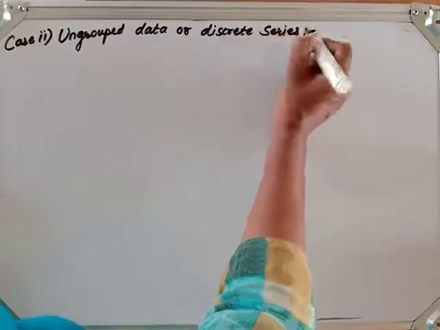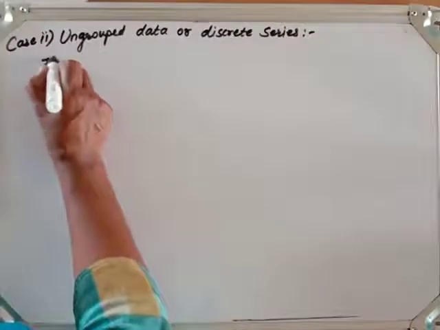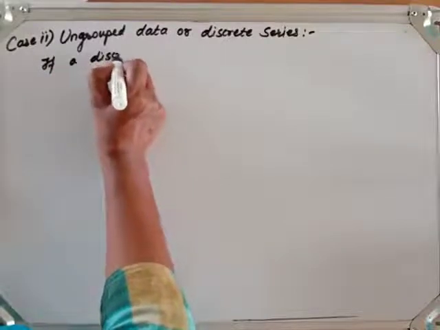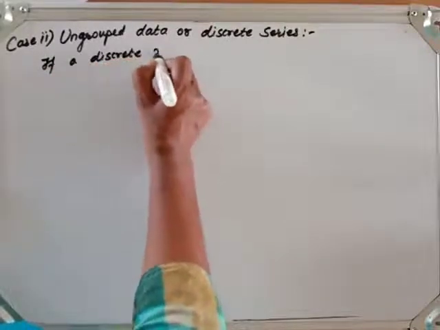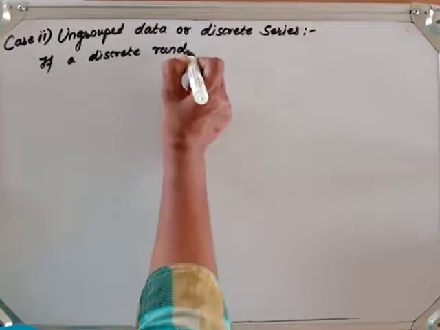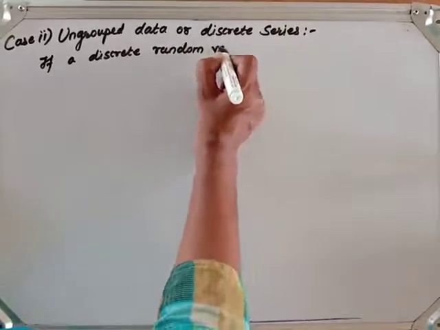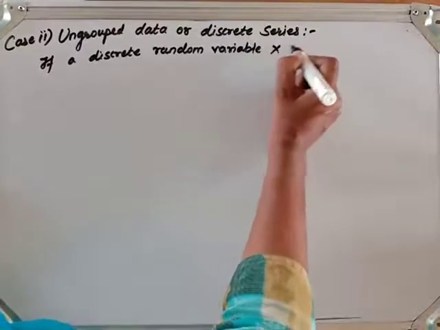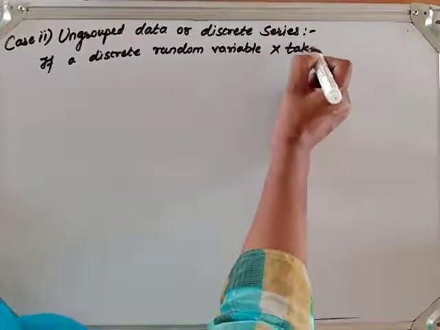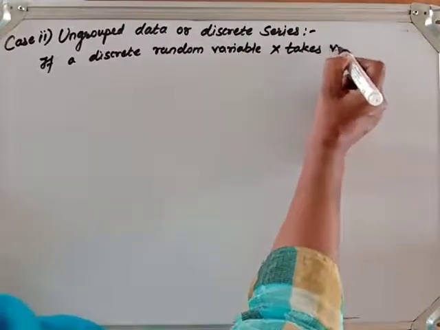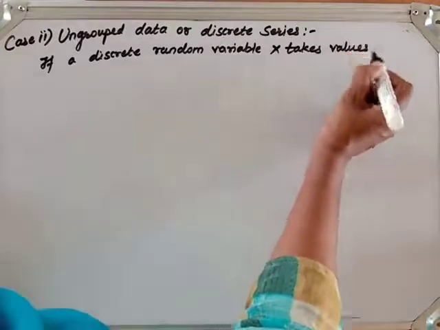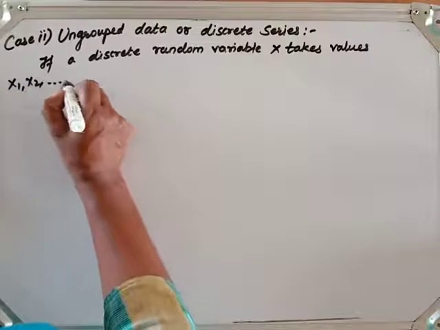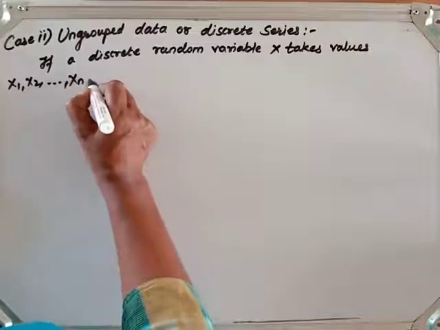So for this, the formula is, look here, if a discrete random variable x takes values x1, x2 and so on up to xn